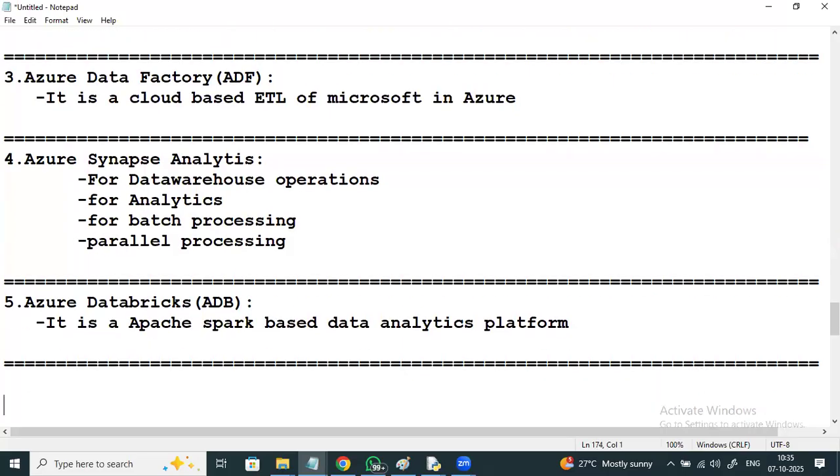In Azure data engineering, the main execution engine is Spark. Everywhere you can see Apache Spark execution is going to happen.